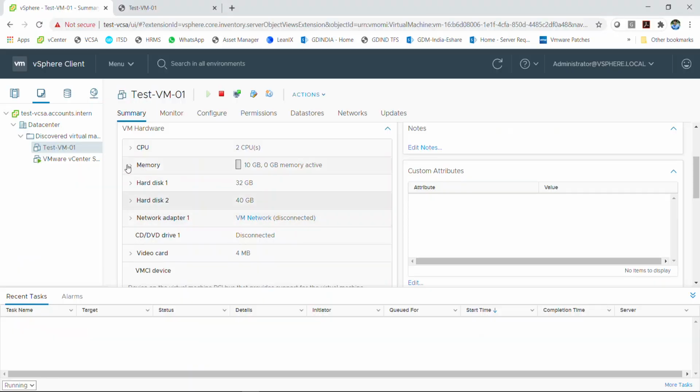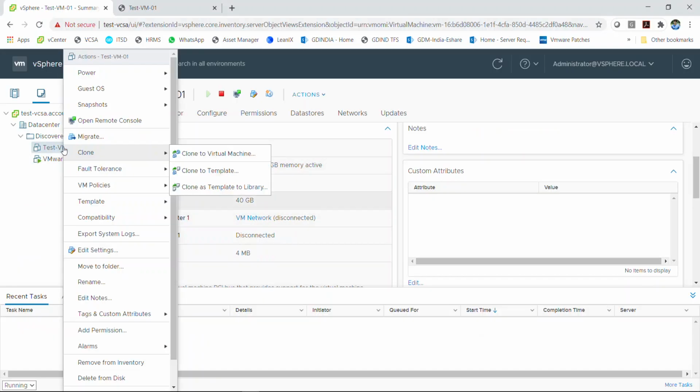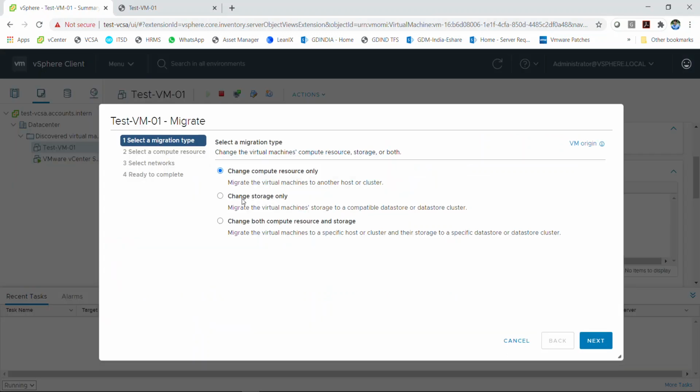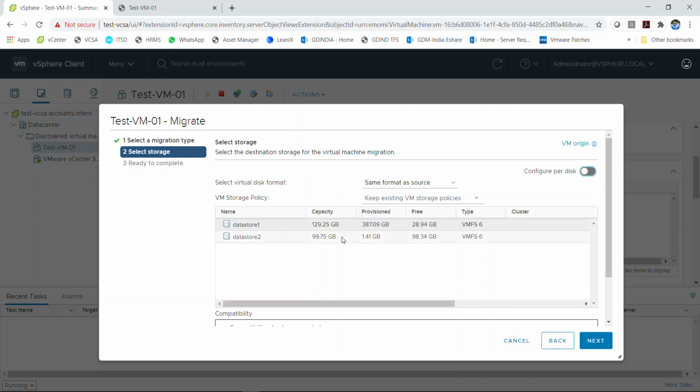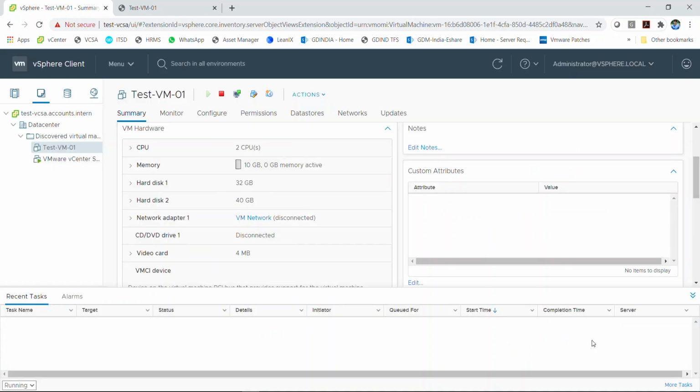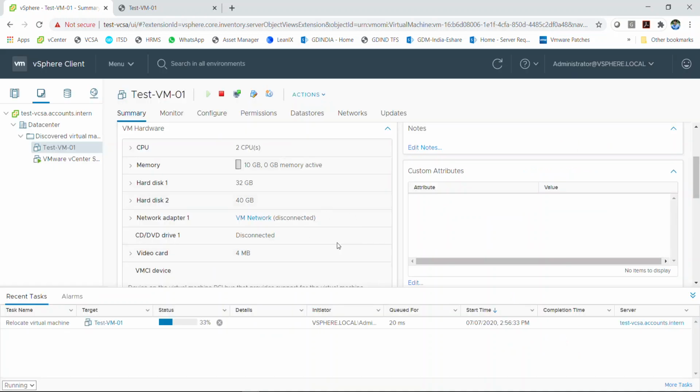Now go to the VM, and the next step is to migrate the storage for this VM. Right now it's on data store 1. We are migrating it to data store 2. Next, finish. It will take some time, so we have to wait till then.